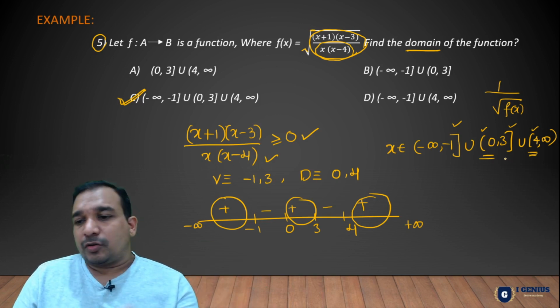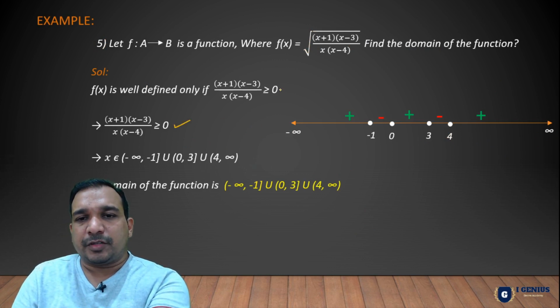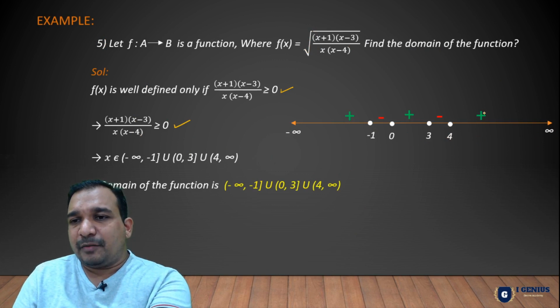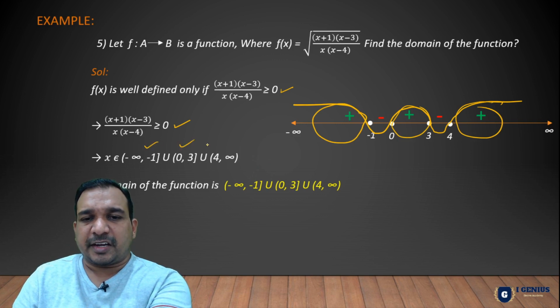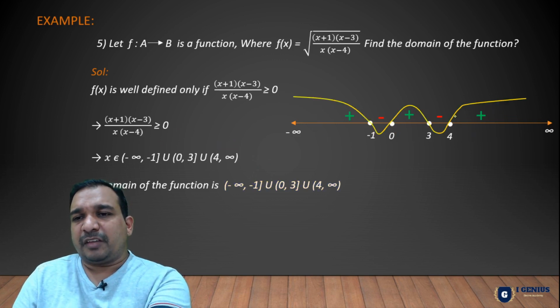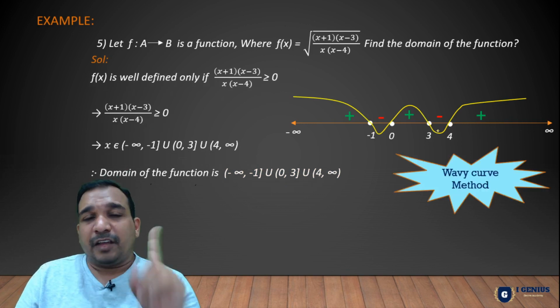Okay, guys. So see this, as I told you, greater than or equal to 0. So the numerator and denominator points I have placed here, and I made positive, negative, positive, negative, positive. You need only the positive regions. If you want, you can make the curve, otherwise no need. We can also say only the regions: first region, second region, third region. We can write the regions here. But if you make the wave, then it will come like this. So what is this method, guys? This is the wavy curve method.